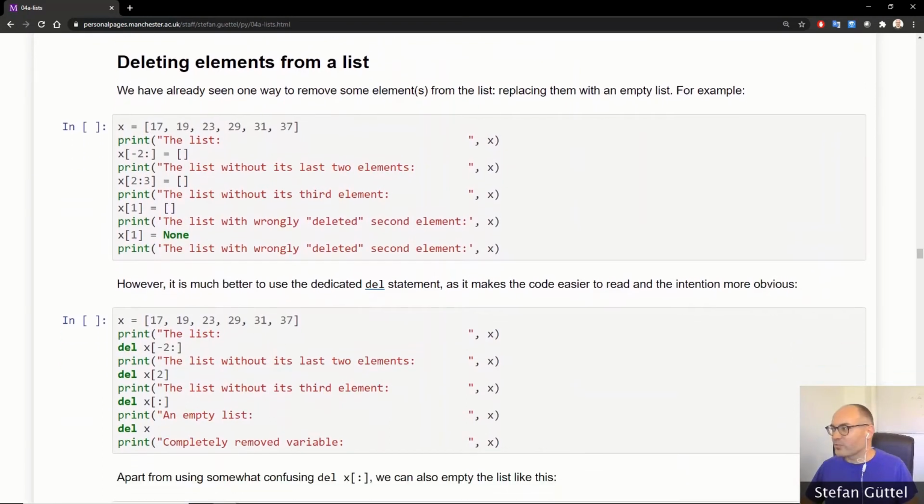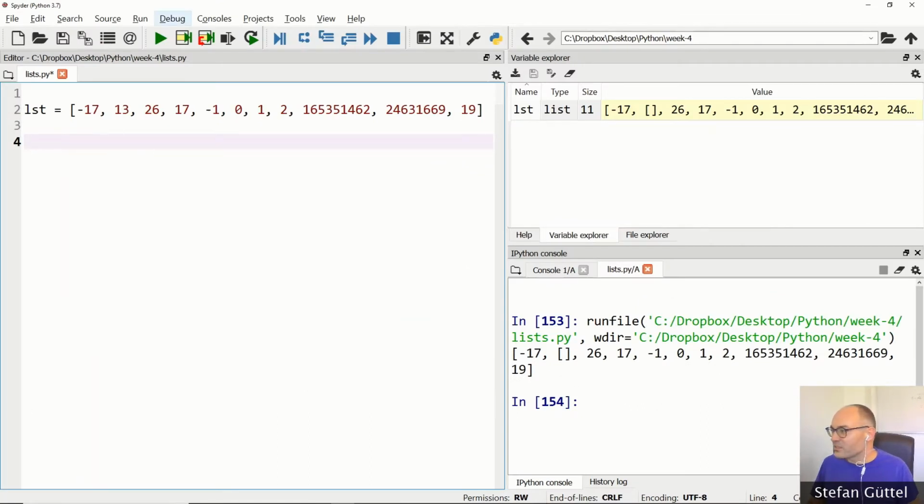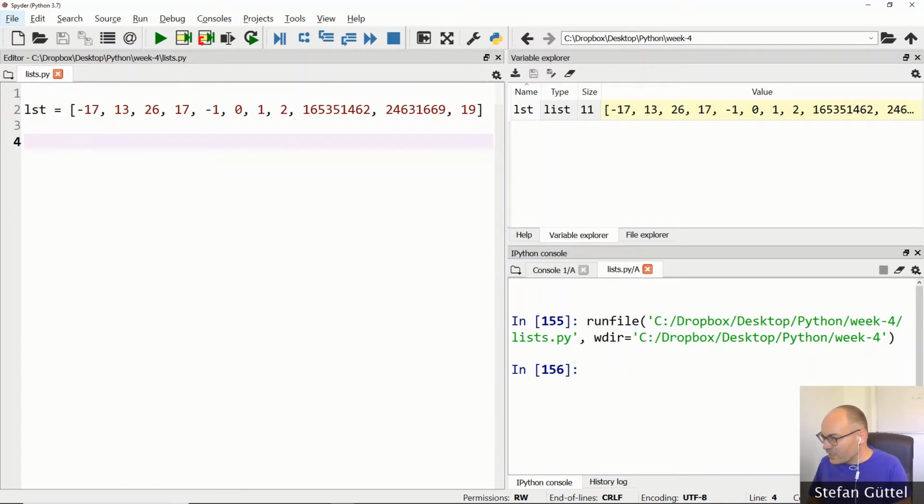Just a few more words about deleting elements from a list. Okay, it is possible to use the slicing operator for doing so. Let's have a look at our list that is still in memory. Let's say I want to delete a certain element from this list. How would I do that? One way is to use slicing operations by addressing that element and assigning an empty set to it. Right? So for example, if I type list